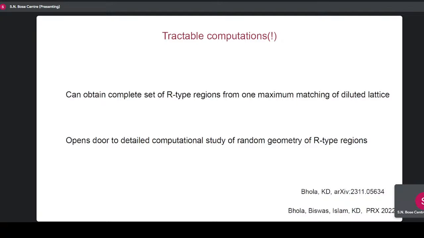It is true that you get a complete and non-overlapping set of regions that gives you all the zero modes and all the places where monomers live, with local information: how many live in each one. And in fact, exactly the point you're making, that there can be R-type regions inside R-type regions, is what stumped us for, I don't know, like a year and a half when we were trying to do this by hand. Every time we would construct some big region and say there are so many modes in it, there'd be some smaller region inside which has some independence, and we were stuck there.